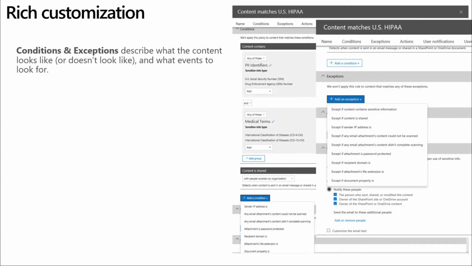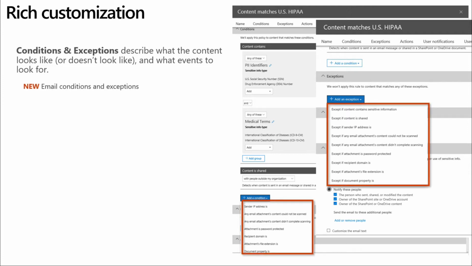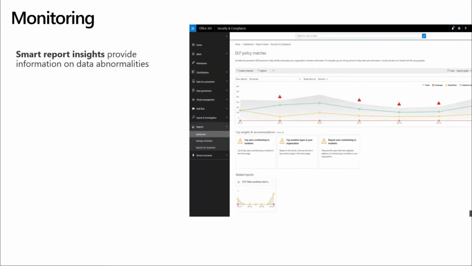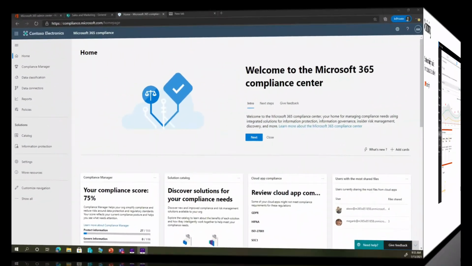And customization. This is key for many security organizations. When you are creating your own policies, you want to make sure and ensure that it's customized just for your organization and it's special or it's unique to your organization. And that's what makes this tool really cool. And then obviously monitoring is a key part for any organization. You want to see who's touching what, who's doing what, and then understand how you can actually protect that data. So let's get into the demo and take a look at it from there.